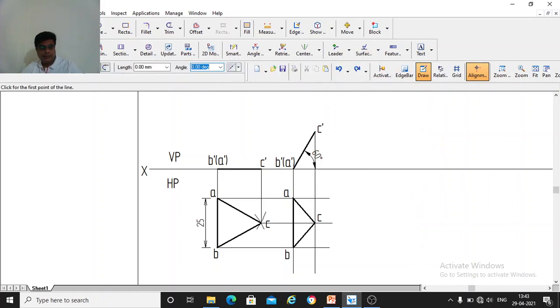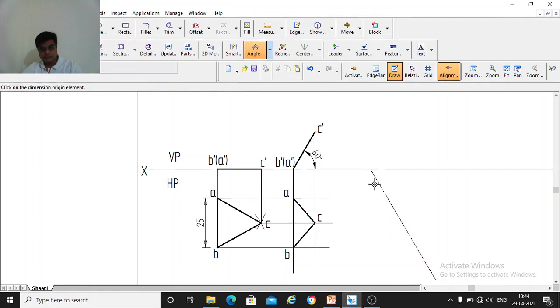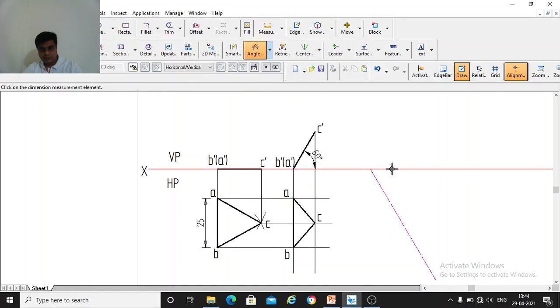Take a thin line, take one end on the XY line, take any length and draw it here at 60 degrees. So now this angle is 60 degrees, you can measure it. You can show this angle as 60 degrees.